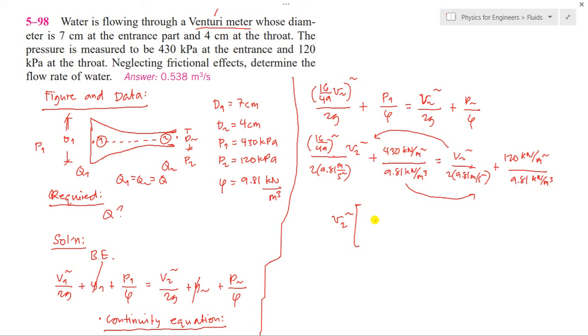So the answer is very small: 0.005443 second squared per meter. Then minus 1 over 2 times 9.81. The answer is 0.0509 minus 0.05096 second squared per meter, then equal to